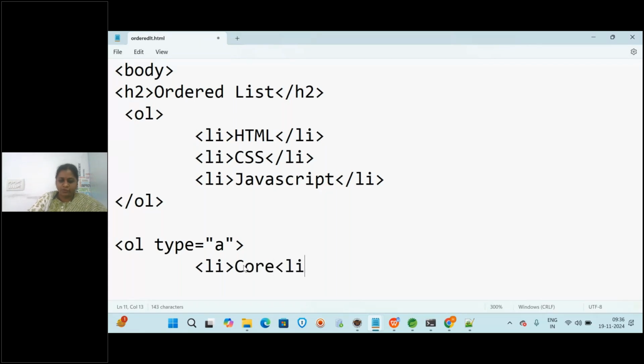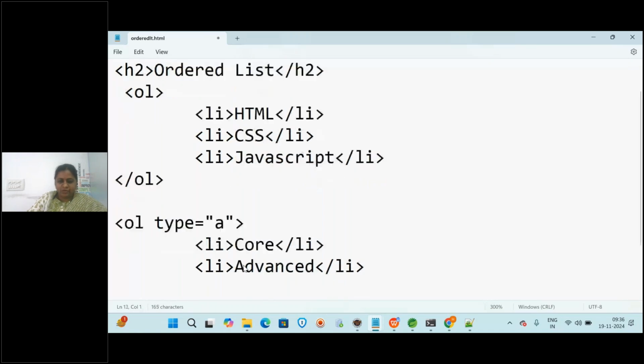I have to close this li, and then again one more list of item li, and then I will be writing advanced, and then close the list of items, and then again you have to write li, and then here you have to write like framework, any list of item, and then close the li.